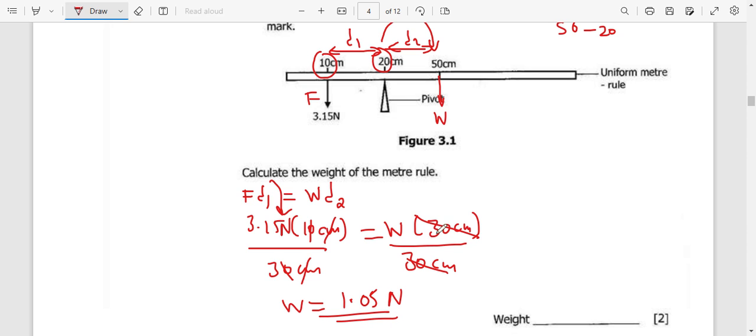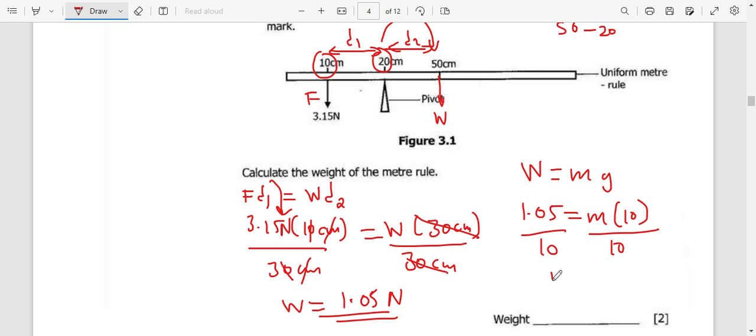If the question was saying find the mass of the ruler, weight is given by mass times gravity. So the weight we have found is 1.05. That is going to be equal to mass times gravity. We know gravity, this is on Earth, so multiply by 10. So we're going to divide both sides by 10. So therefore the mass would have been 0.105 kg. Right. So if they asked for the mass of the ruler,